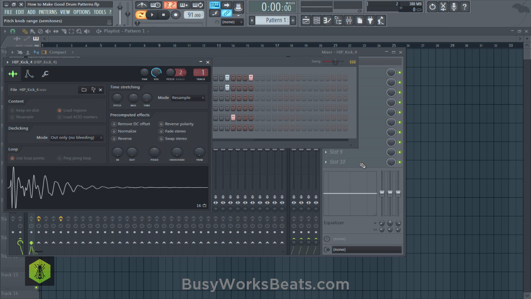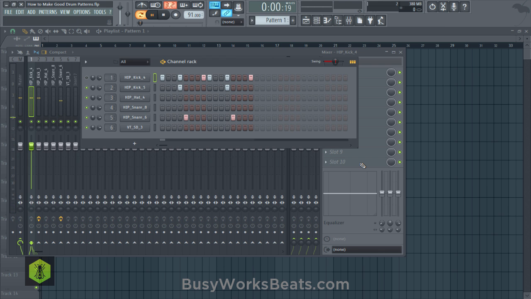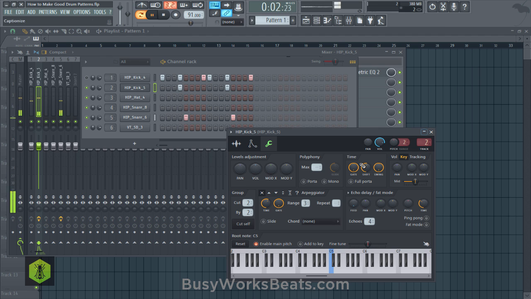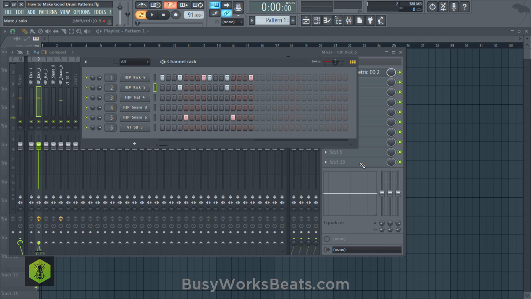Also, you want to tune your kicks. Now, this is, again, out of the scope of the video, but it needs to be boom, boom. It's going do, do. This kick needs to be tuned as well. Actually, that has the right pitch.